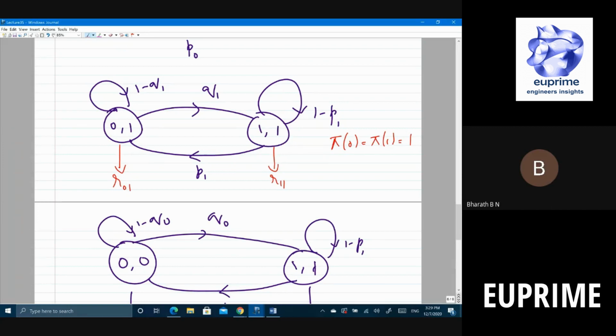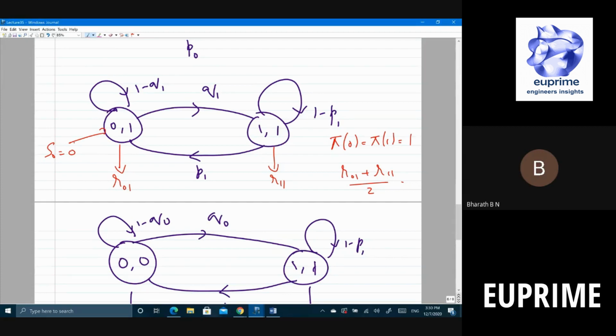Now, what is the average reward you are going to get, assuming that you start here, S0 is 0? You get R01, the initial reward, and with probability Q1 you go here and get R11, and so on. You have to compute the average reward, switching back and forth between R01 and R11. For example, if Q1 and P1 are equal to half, then by symmetry the reward would be R01 plus R11 by 2. That will be your long-term average reward.